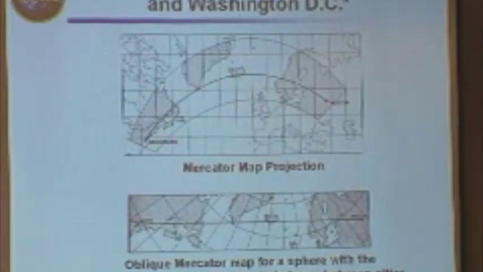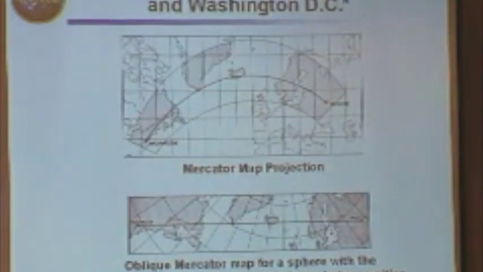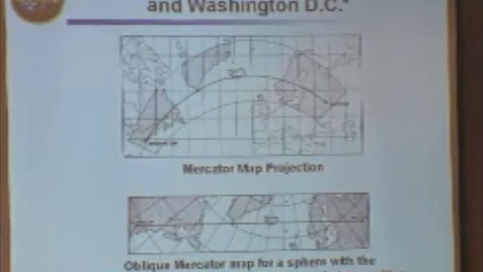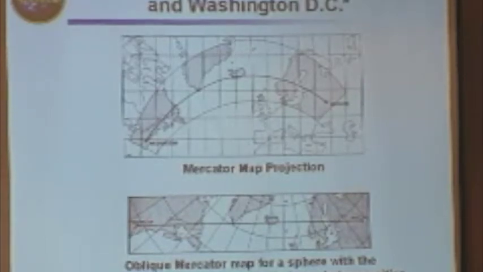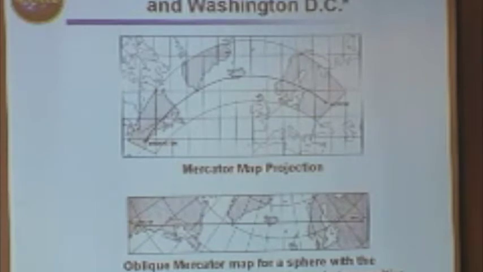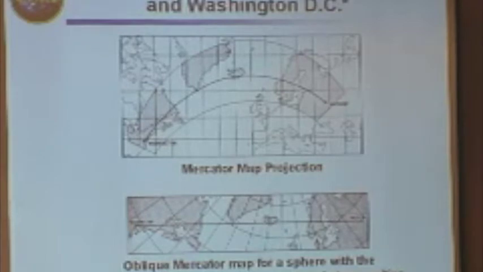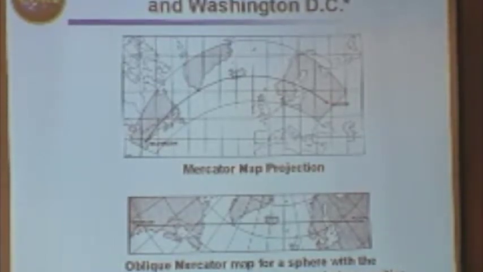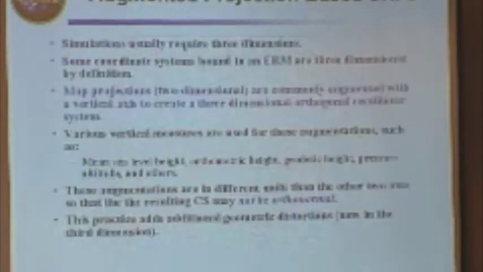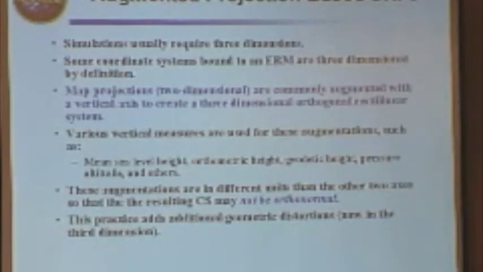Here's another idea of the effect of distortion. If you plot a great circle arc, which is a minimum distance path on a sphere, between Washington and Moscow, that's what it looks like in a Mercator projection in the upper half. But by rotating the cylinder a little bit and making this an oblique Mercator, you can make that a straight line. Either one of them real? Nope. They're different views for different purposes. And they're great for mapping, but lousy for simulation. Not that I'm biased about that.